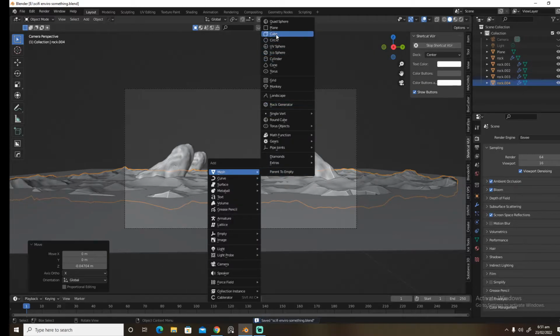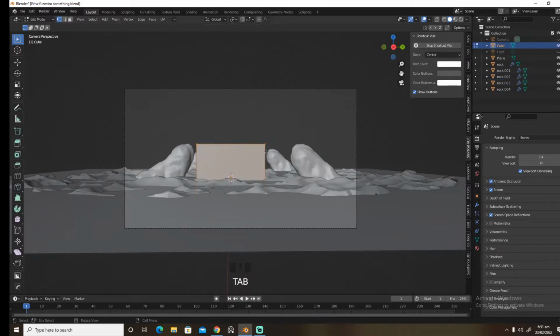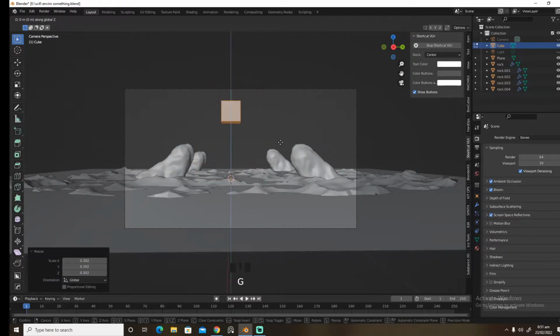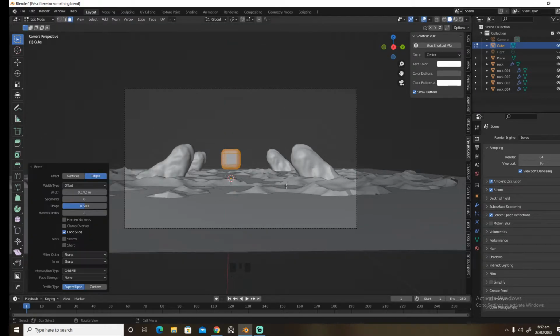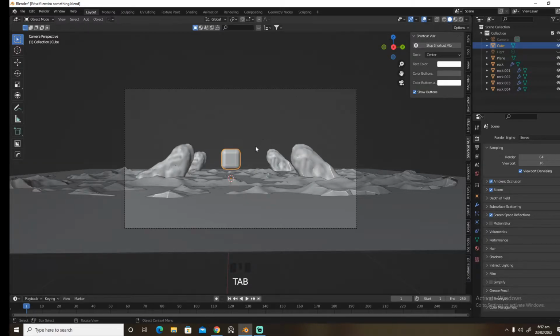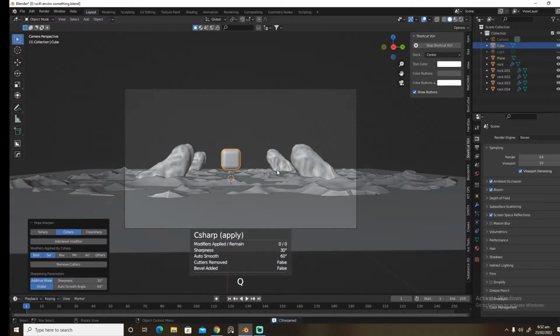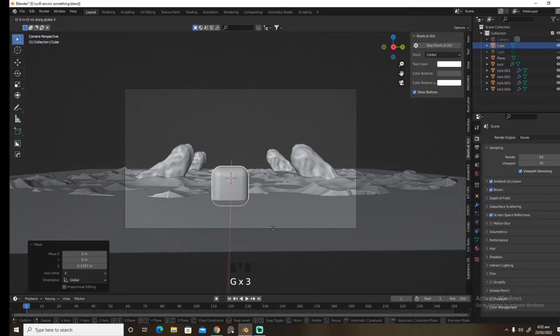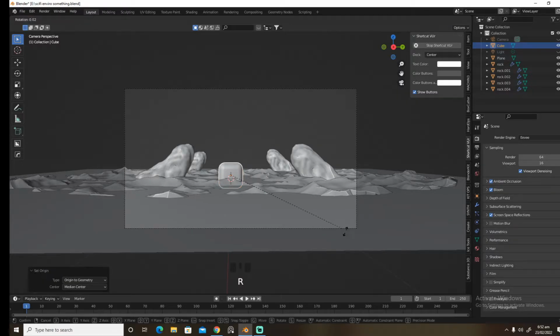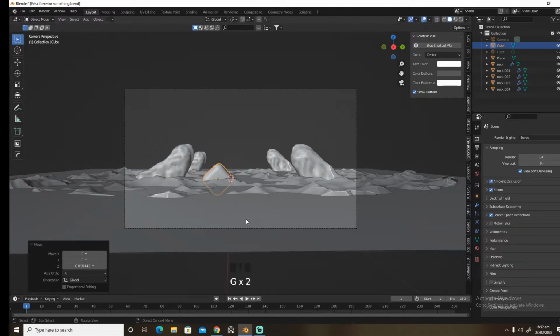Let's create a, let's Control B this, go into face select, bring it up, scale it down, and let's bring it somewhere right about here, and we're gonna left control and sharpen this. I'm using Hard Ops and Box Cutter, and we're gonna bring it back here, bring it down, bring it somewhere right about here, and Shift S to geometry and rotate it, bring it somewhere right about here, bring it down,